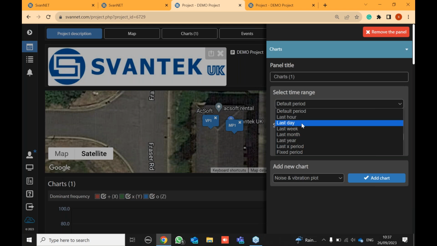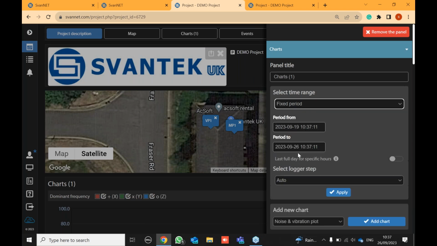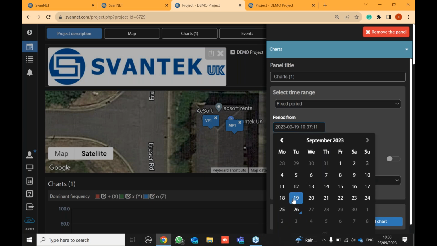you can select charts and select a default period. You can choose to view your time range of last day, last week, last month, or you can select a fixed period. So if you want to date back in terms of creating a report, say for example that you want to generate a report going back 2 months, you can go back and select the appropriate date